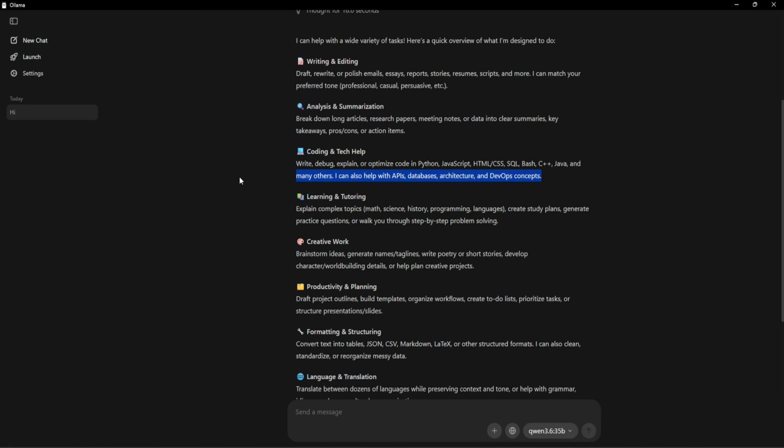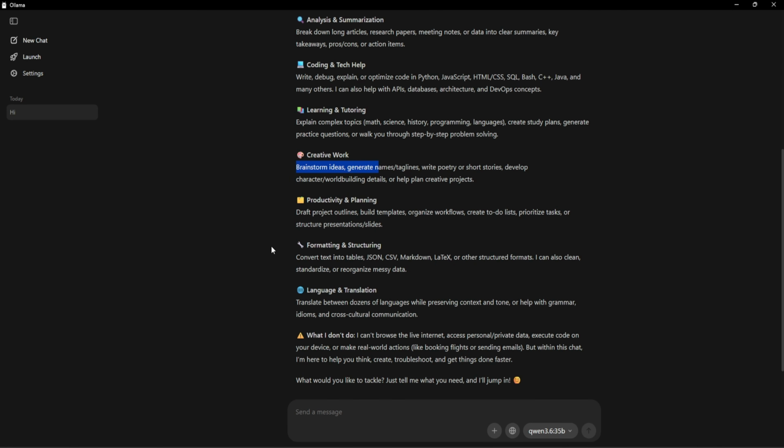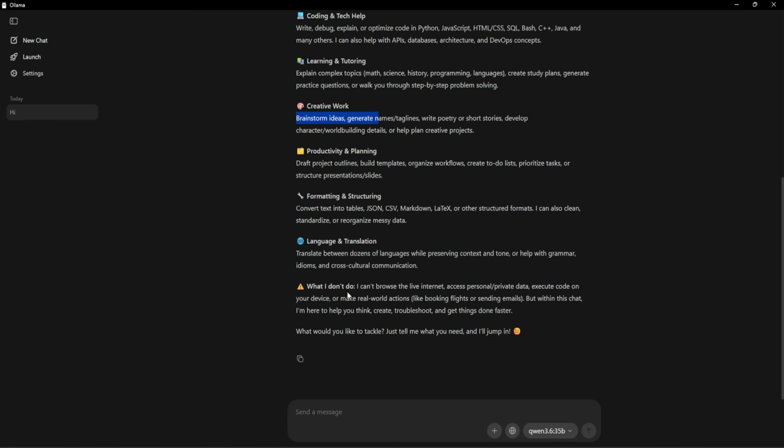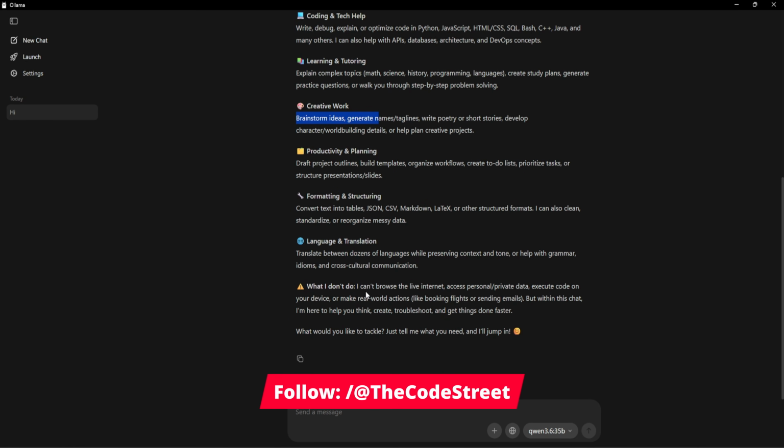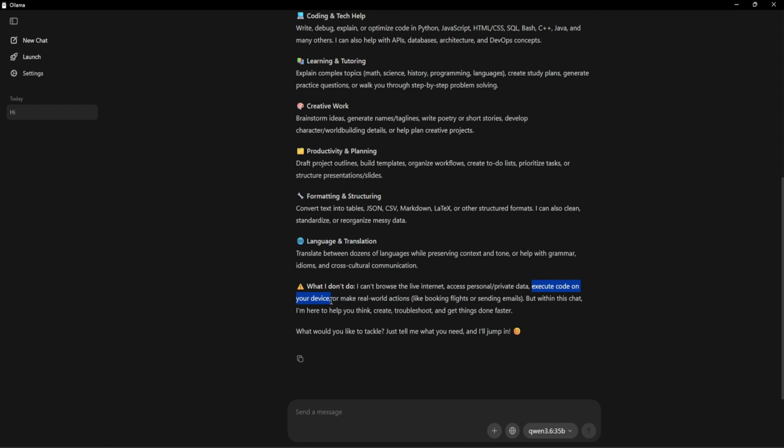I think it can do everything. Learning and tutorials, creative work, productivity and planning, formatting structure. What it doesn't do: it can't browse the live internet, access personal private data, execute code on your device, or make real world actions like booking a flight. Yeah, we know it can't do that because it is not an agent. For that, we need to build an agent. Nice. Now let's come back to VS Code and go ahead with the next step.